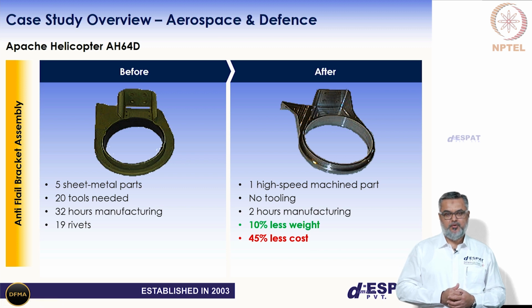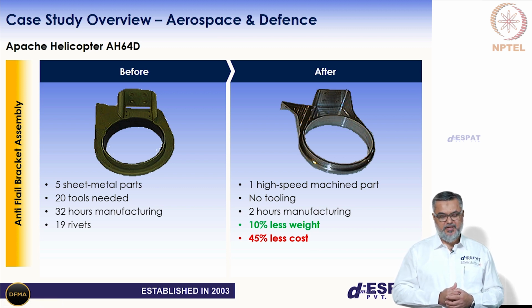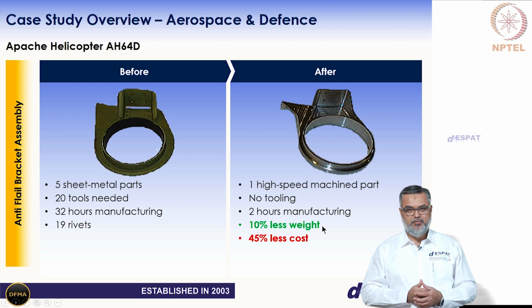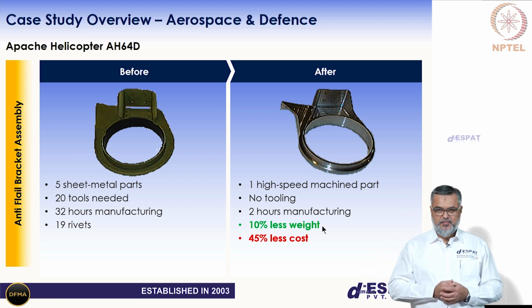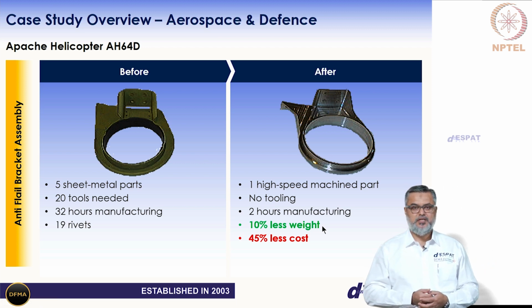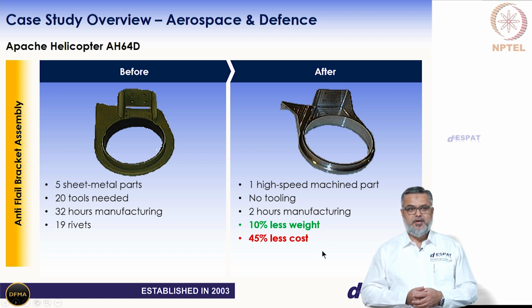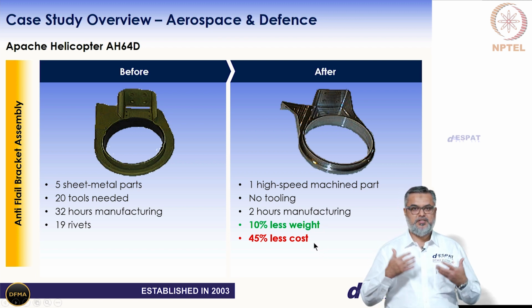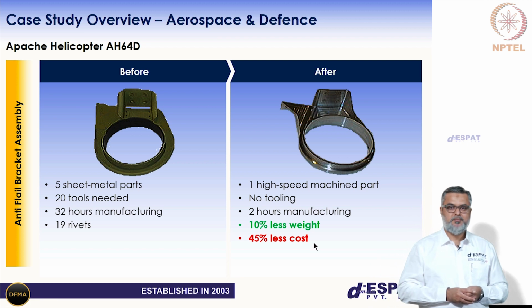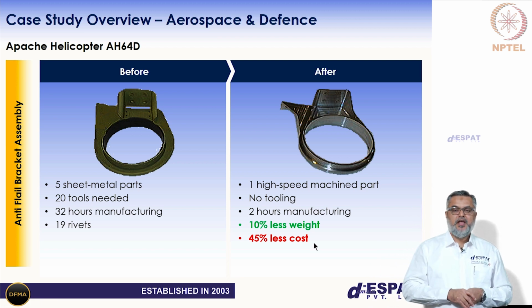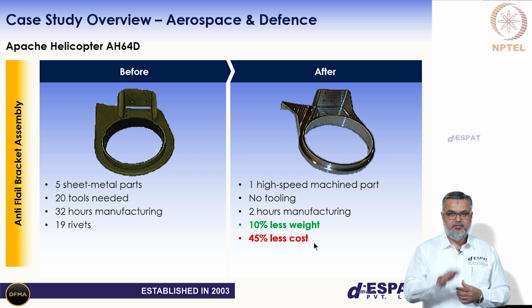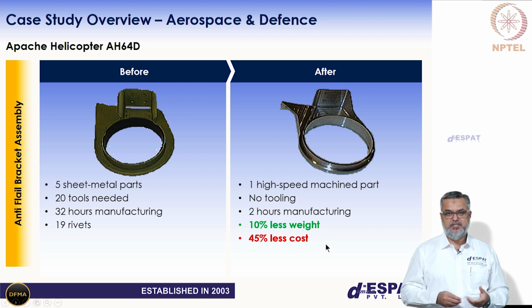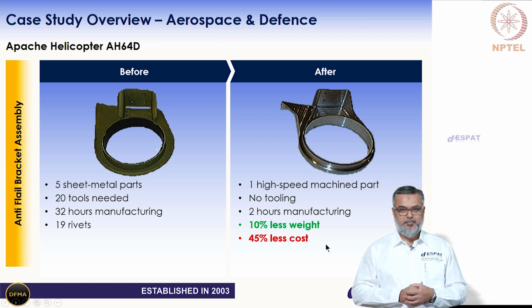Again, if you see, the first 4 points highlight from an engineer's perspective that it could probably be a single part, no need of tools, it could be machined from one block, and also it is lighter in weight compared to the original design. All that is fair enough, but if you look at it from an industry standpoint, am I going to invest into something which is already working and already has certification, already has military certification? They probably would if there is a potential to save on building that particular part,